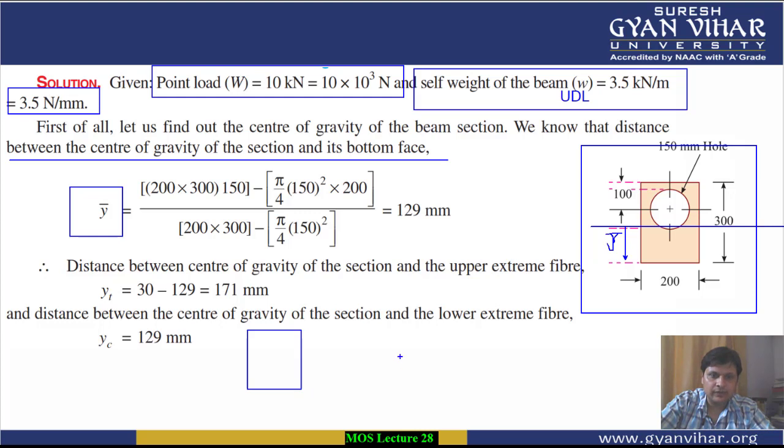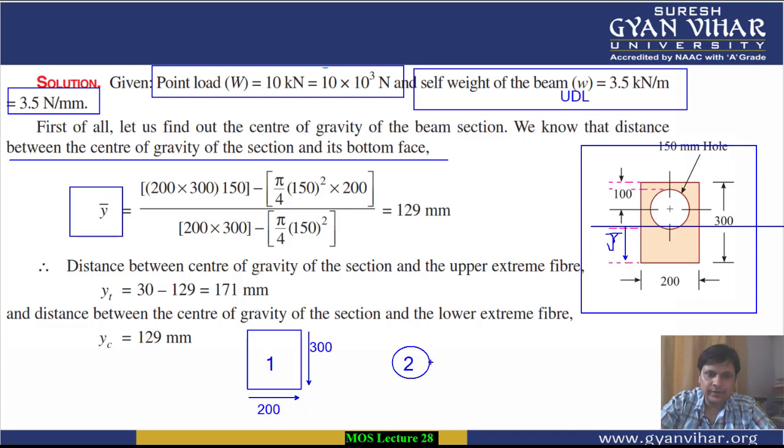a1 we are considering the rectangle, and y1 we are considering the first section, the rectangle, and the second we are considering the circle. Alright, and for both we will calculate the value. For this rectangle, what are the values which are given? 300 is the depth of this rectangle, and what is its width? 200 is its width. So based on it we can calculate the value of area.